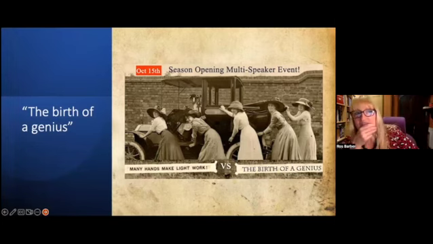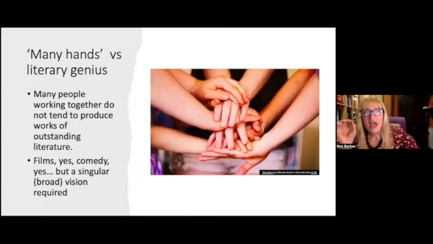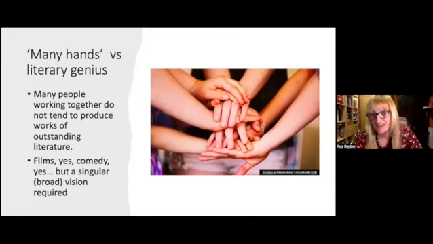So a little comment on that, many hands versus literary genius. Many people working together do not tend to produce works of outstanding literature. I say films, yes, comedy, yes, but I think for literature, a singular broad vision is required. Not many works of great literature, things that stand the test of time, are multi-authored in the way that this many hands idea comes up. As I say, I will allow for later additions, bits of editing, the little contributions here and there, but not